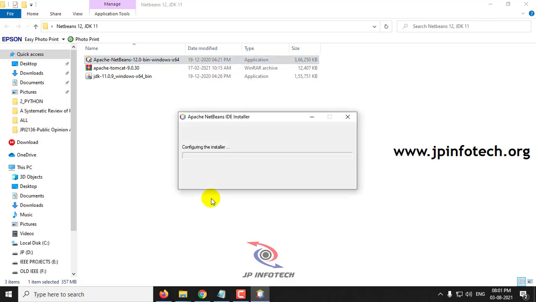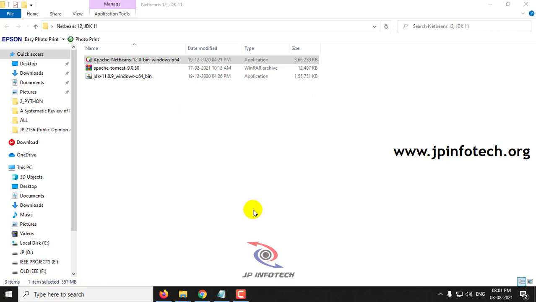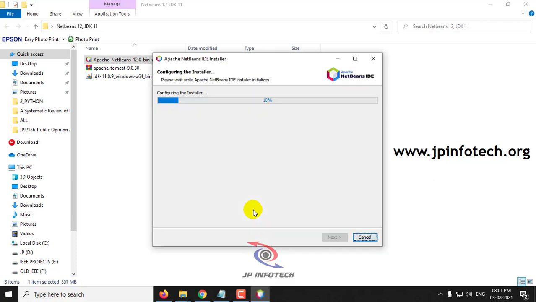and click yes. Now you can see it is configuring the installer.